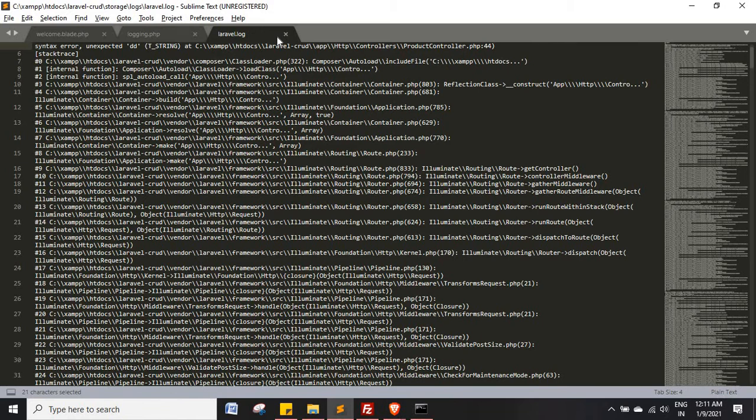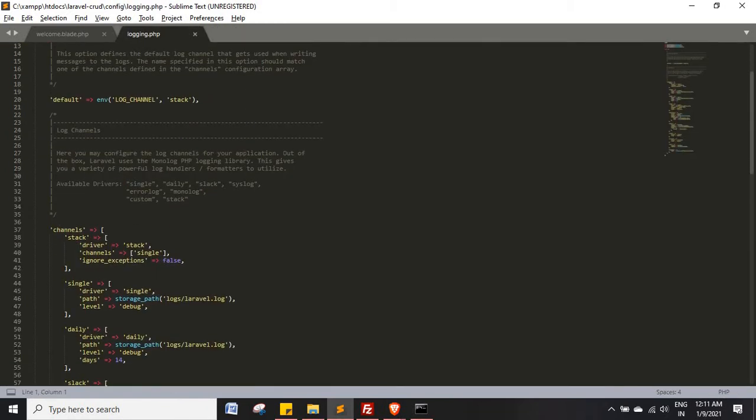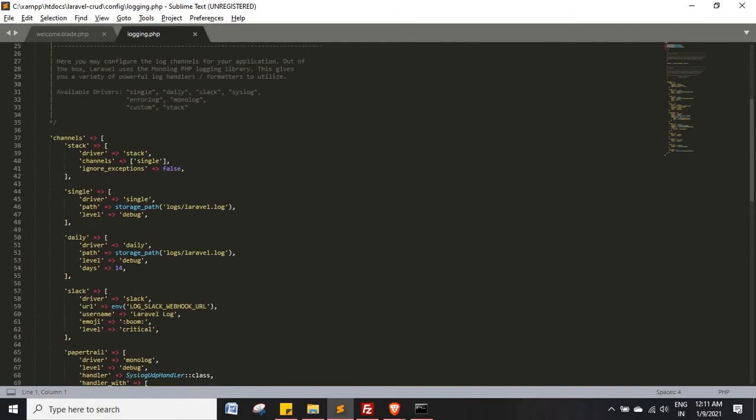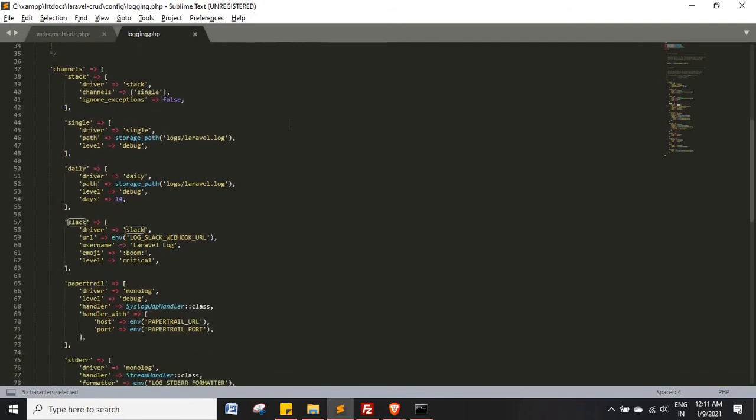Other than that, Laravel has different channels, like single, daily and Slack. As per your requirement, you can create a Slack channel also.